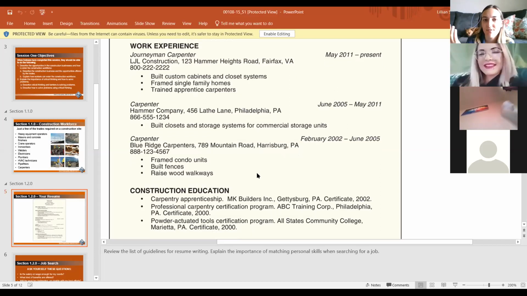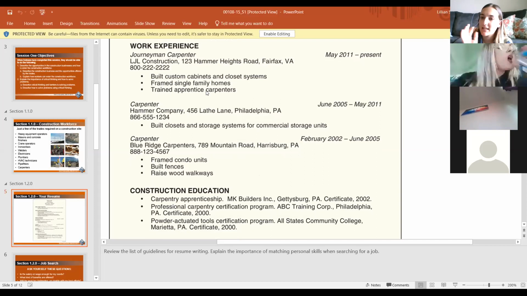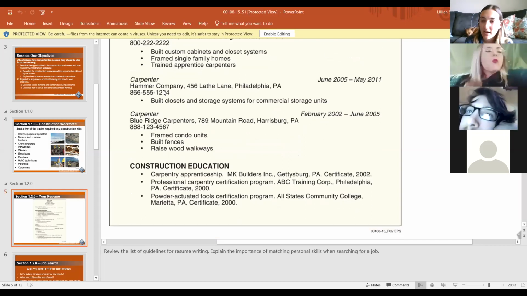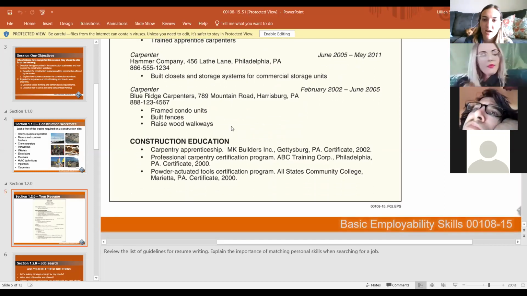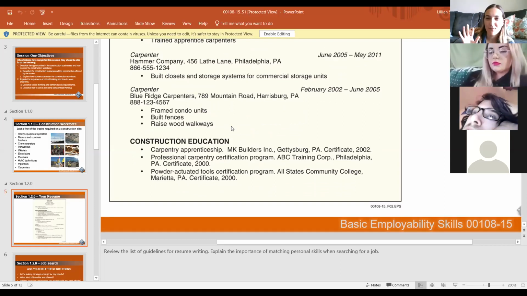This person listed their 3 carpenter experiences, which is awesome. They only have a couple bullet points under there. We don't need a novel that explains the job. Just highlight the really important things that you got the chance to do in that job. Again, you want to keep it concise. You don't want them having to read a whole paragraph. Put enough information so that they're able to really understand what you were doing. It's a fine line between giving enough information and not giving so much that you're boring the interviewer and they don't want to read the rest of the thing, right?